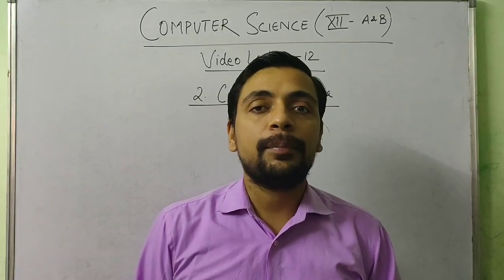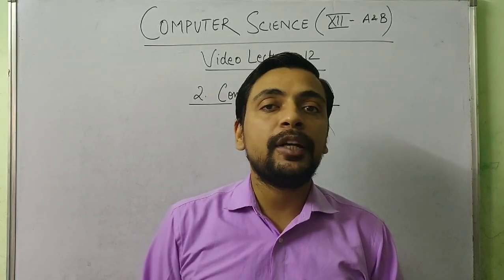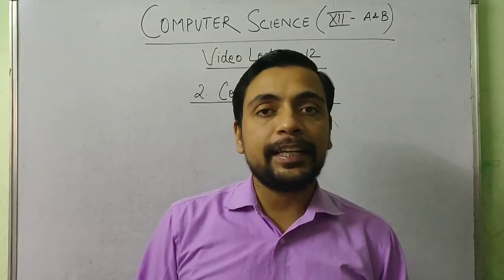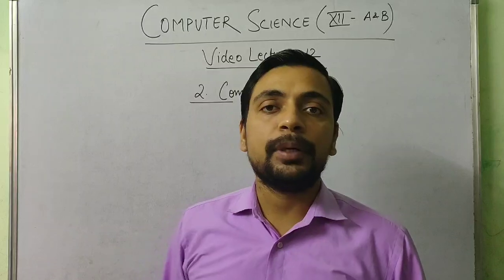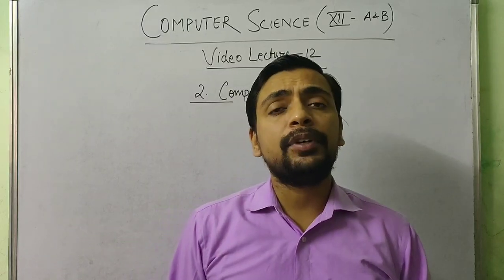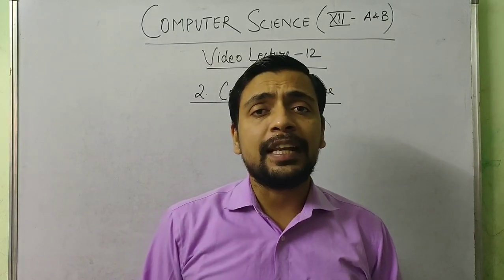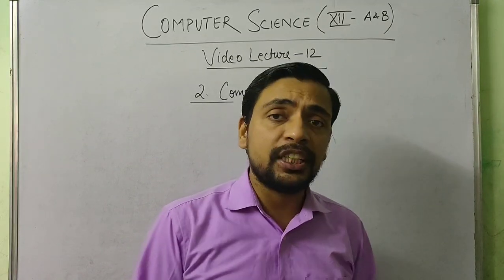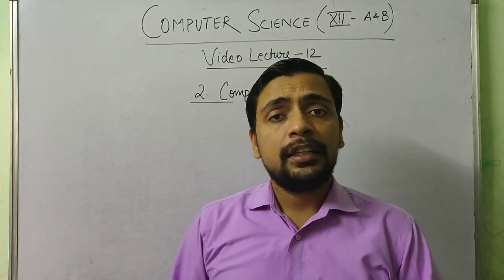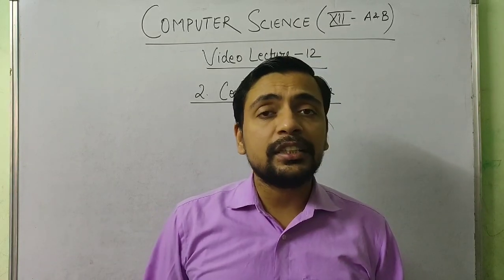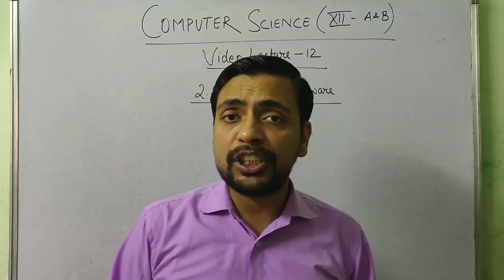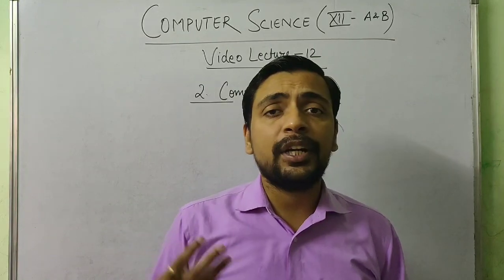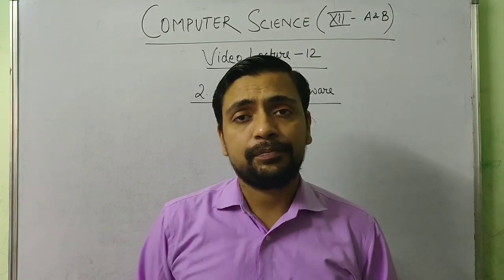I am Amit Kumar, your computer science teacher, and this is your 12th video lecture for class 12th A and 12th B. In our 10th lecture, we started chapter number 2, computer hardware. In this chapter, we have discussed plenty of things, like hardware, logic gates, elementary and other logic gates, and then we saw combinational circuits, how to form combinational circuits with the help of logic gates, in which we made half adder, full adder, encoder, decoder and multiplexer.